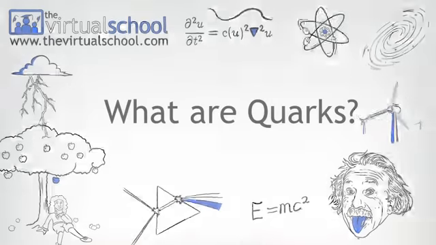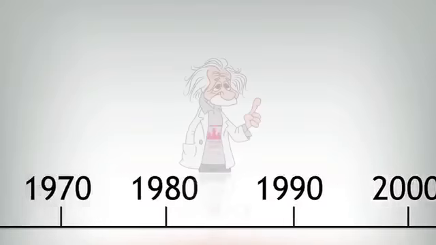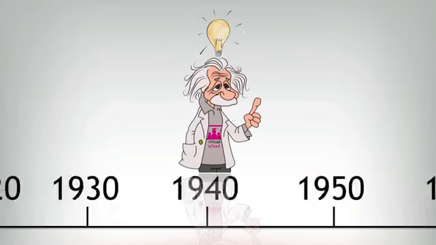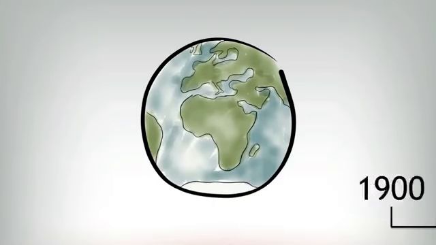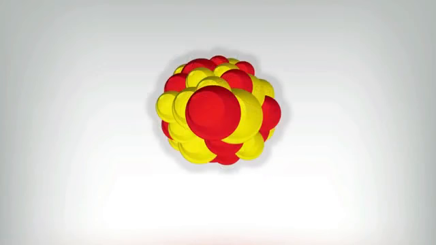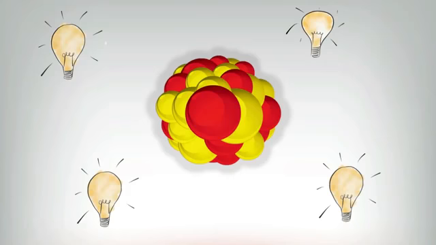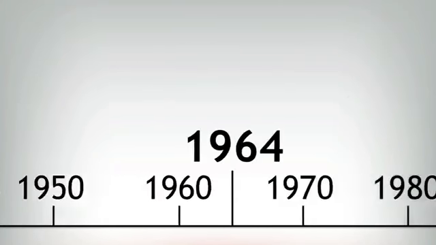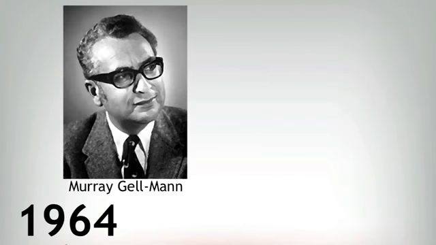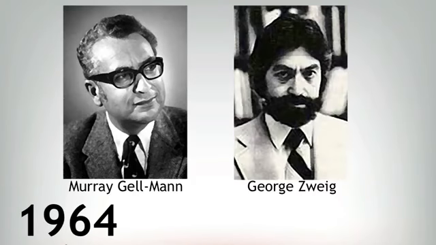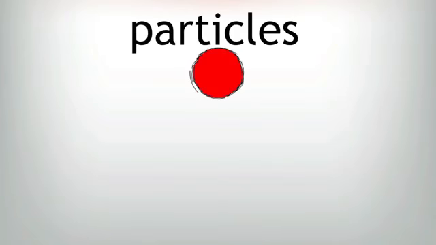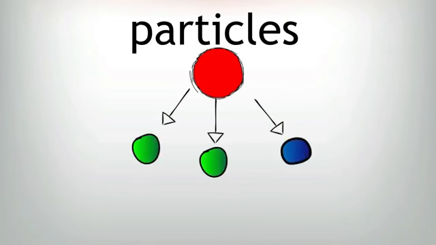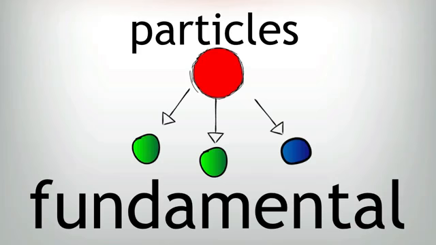What are quarks? Over the past century, discoveries in physics have come thick and fast. Some have changed the way that we understand the world. An understanding of the structure of the atom has been a huge focus of scientific research, and it has heralded an era of discovery unlike any we have ever seen before. In 1964, Murray Gell-Mann and George Zweig suggested that most of the known particles of the time could be explained as being combinations of three fundamental particles.